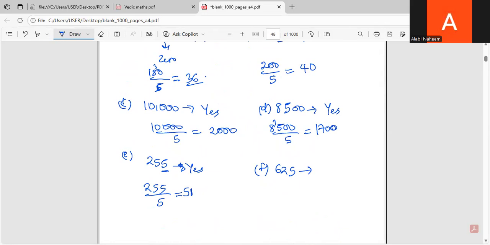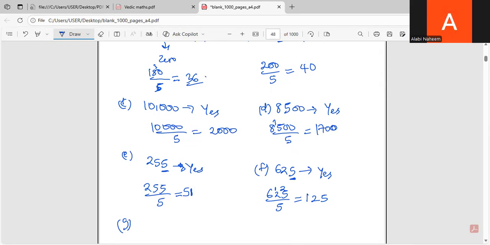Does it end in 0 or 5? It ends in 5. So it is divisible by 5. Let's confirm. 625 divided by 5. 5 in 6, that's 1 remainder 1. 5 in 12, that's 2 remainder 2. 5 in 25, that's 5. Is it divisible or not? Yes, it is divisible. The next number we have,